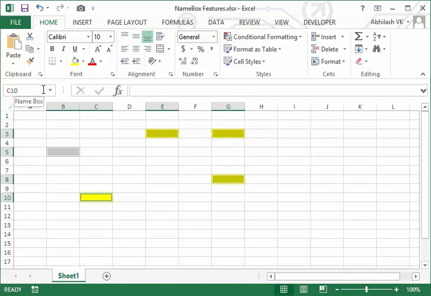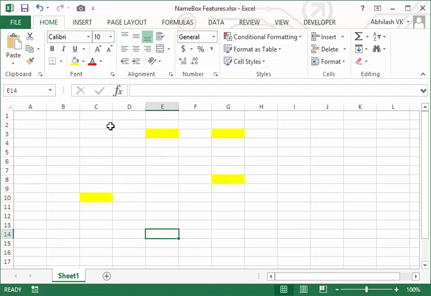See, you have to hold the control button. If you hold the shift button, it selects the range of cells. If you hold the control button, it selects the particular cells which you have mentioned in the name box. Fine. So just enter the cell addresses, dividing each by a comma, and hold the control button and hit enter. That's all.